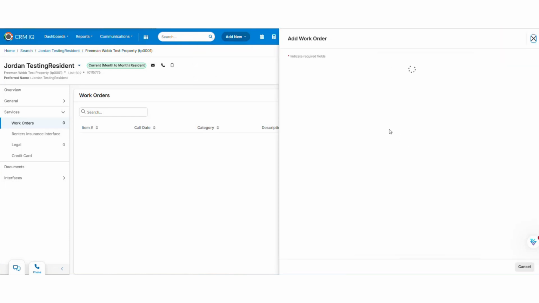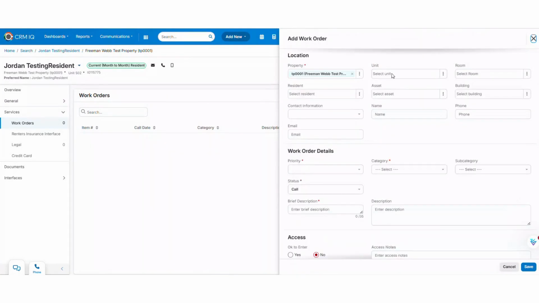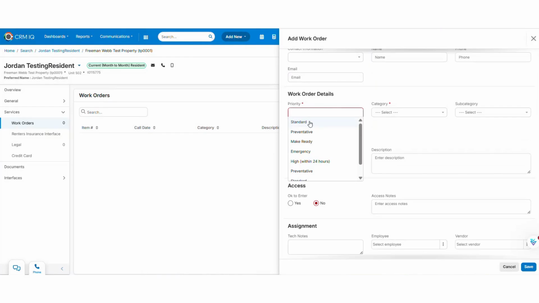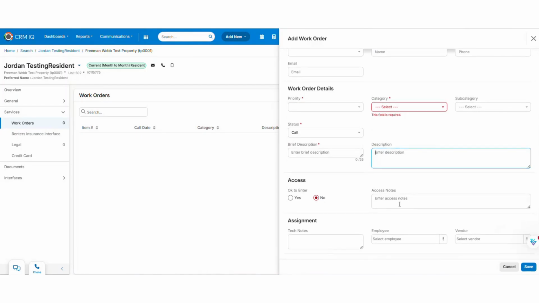You're going to fill in the information. It's going to be the same as it is in Voyager. It's just laid out a little bit different, but it's asking all of the same questions. So it's going to ask you to get a unit number. When you select a unit, it will likely fill in the resident information. It'll ask for that priority. You'll have the categories here and then the subcategories. You'll enter your description for what's going on in the unit to hopefully help your maintenance team members better service the problem. You'll put any access notes if there are any there, and then you'll hit save,